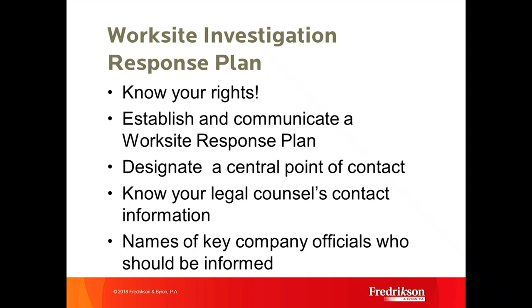Yeah, and also make sure that the right individuals in your company are informed of the investigation. It's amazing how something may happen, but the CFO or the COO may not know about it, and then they get contacted a couple of days later regarding official documents that are needed. So just make sure you inform key company officials that have been designated to be privy